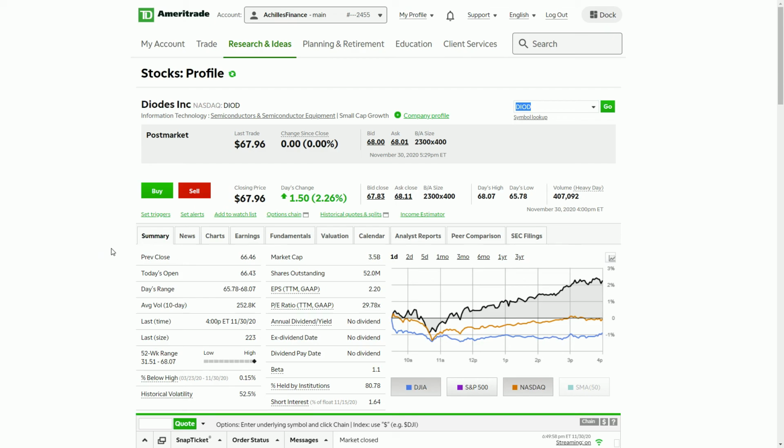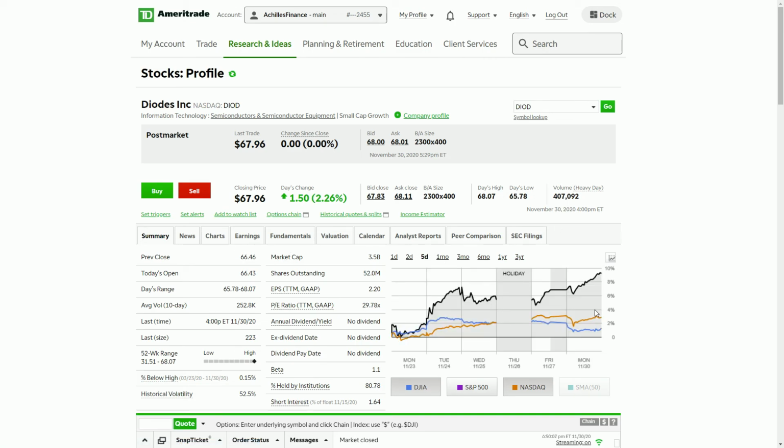So I go in and I look at the company, and as you can see, they are on a green day. They're breaking that trend as well, where they've been over the past 5 days. You can see that they've been on the up and up and then breaking out. So if they've already gone up nearly 9% just in the past 5 trading days, then where does that place them for us? What does that mean in terms of going forward, and why am I still bullish on the